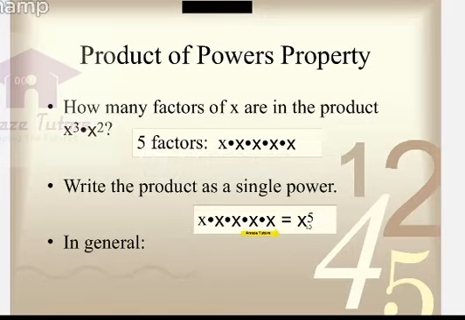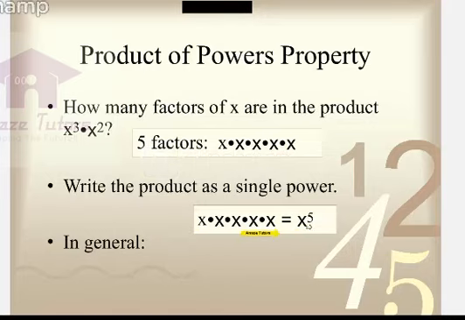In general, this is the rule, the product rule, the very first rule: x power m times x power n. So don't worry about the letters. On the previous page, I showed you as a and b, but here it says x. Doesn't matter at all. It is just the generalized formula. It can be any alphabet, but the rule is the same. Add the powers: x power m plus n.